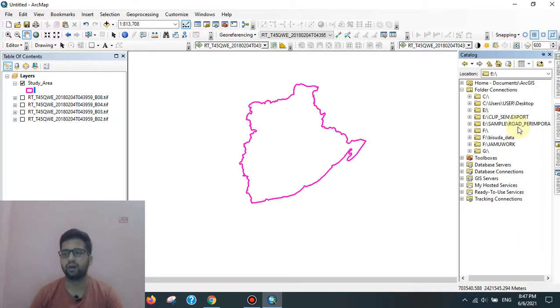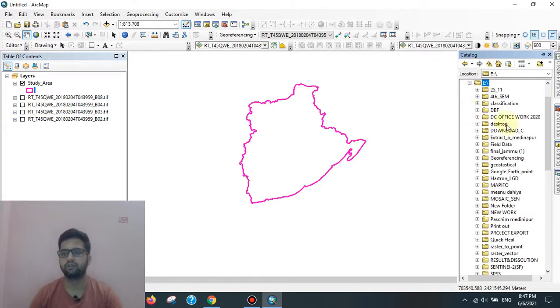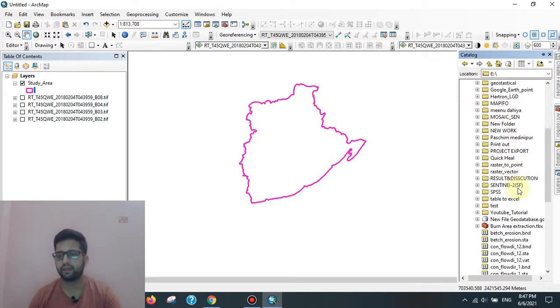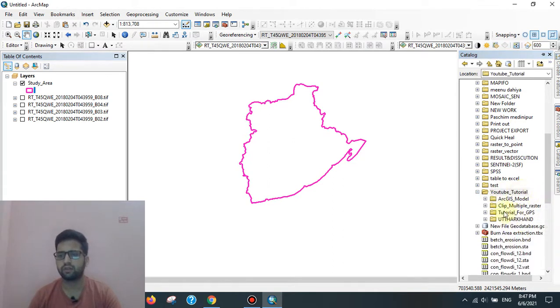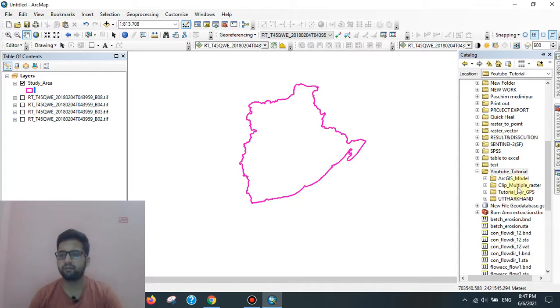So, go to ArcCatalog and go to a folder. At first go to your desired folder where we can store the data. Here is the folder, clip multiple raster.